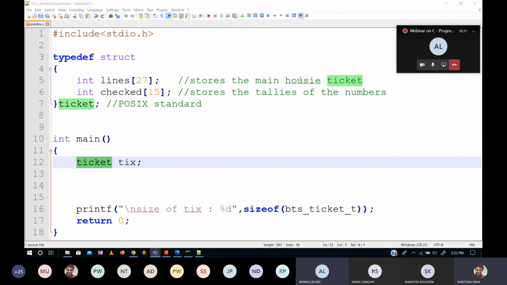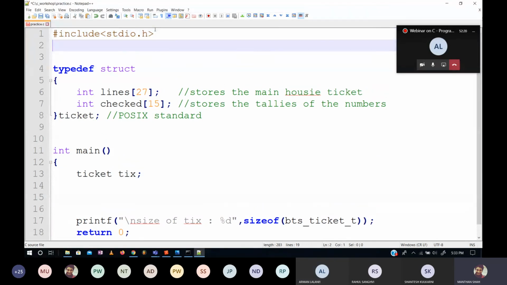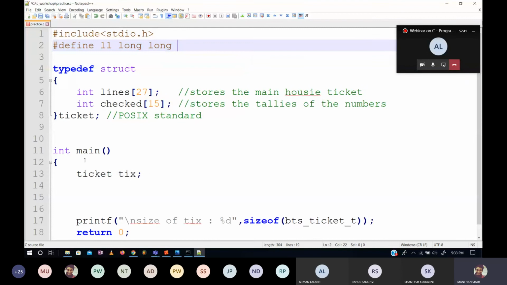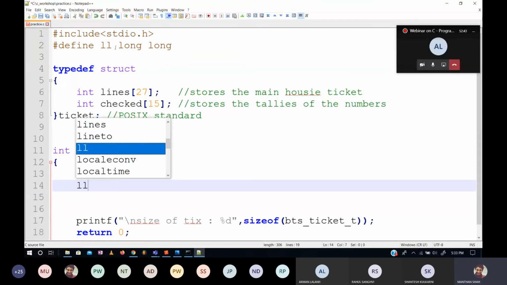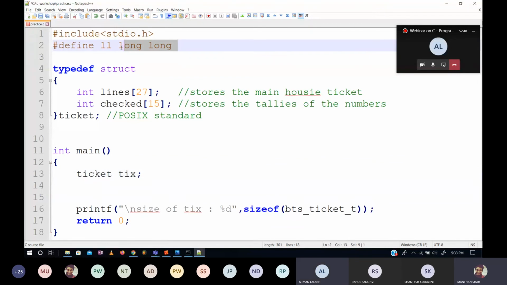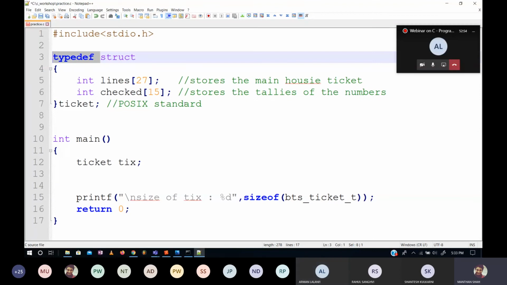Yeah, you can achieve similar things, but the difference is at which stage you do it. Hash define is done in the preprocessor, right? So when you define in the preprocessor, it just replaces text, as if you are doing it manually. Your compiler never sees it. If you write hash define ll long, then in your preprocessor output, wherever you have written ll, it will become long. Alright. Your compiler never sees ll. It only sees long. And when you do typedef, typedef happens in the compilation phase.